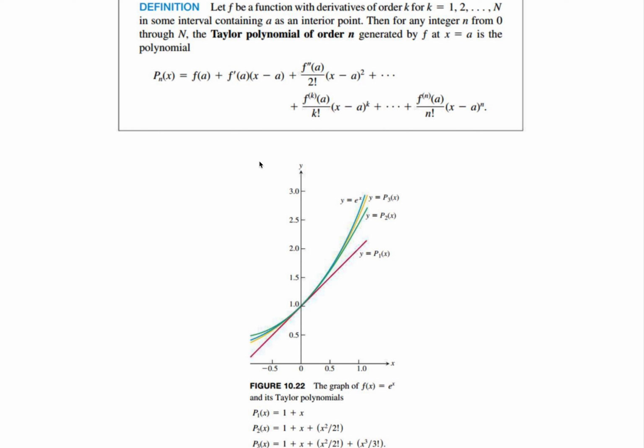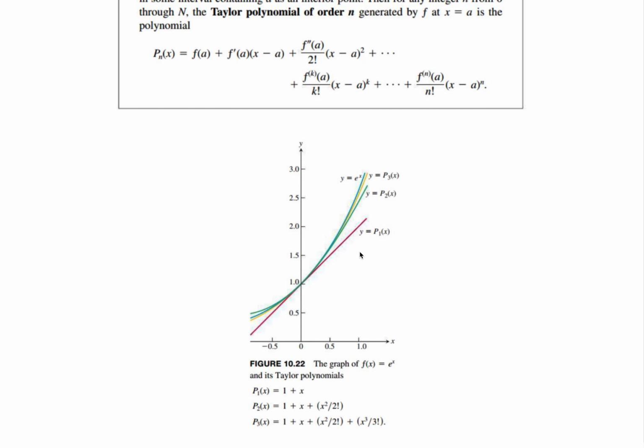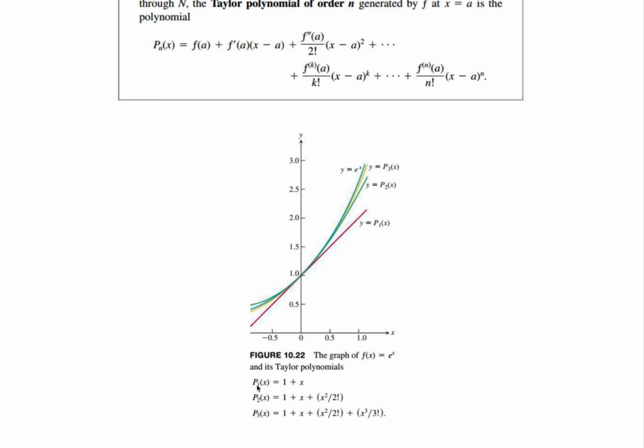The Taylor polynomials, we call them Taylor polynomials of order n, can be used to approximate this function. So you can see as the series or the partial sums get a little bit more elaborate, a little bit longer, the approximations are going to get closer and closer to the actual function. So the Taylor polynomial of order 1, which is just the first two terms of the Taylor series, is just 1 plus x. That's this red line. At x equals 1, it hits it on the nose,